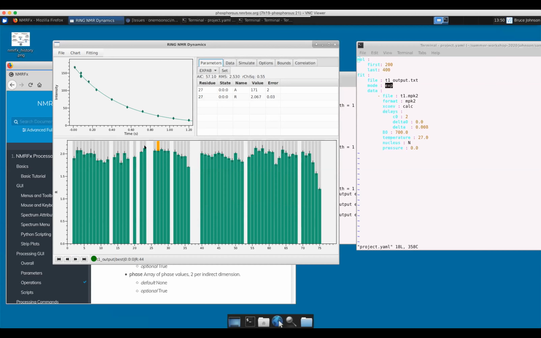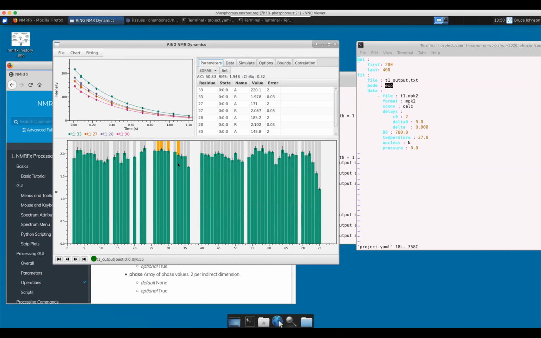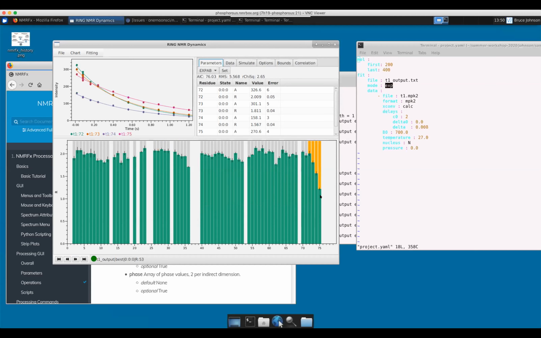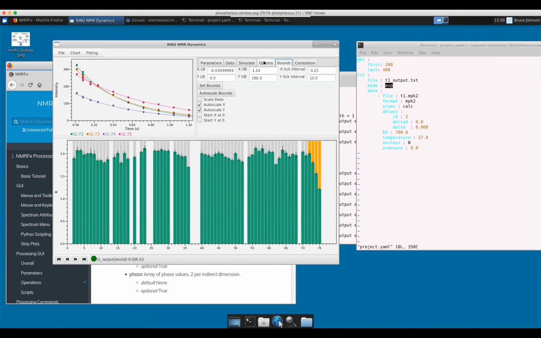The error bars, you can see, are plotted on each residue. I can hold down the shift key and plot multiple residues. Maybe I want to look at the C-terminus tail here. I can just look at the different values. Sometimes I want them all to start at the same value, so I can